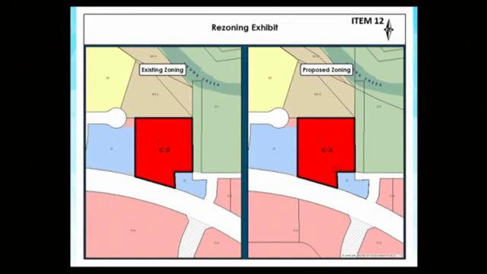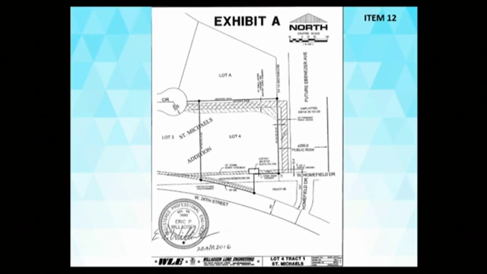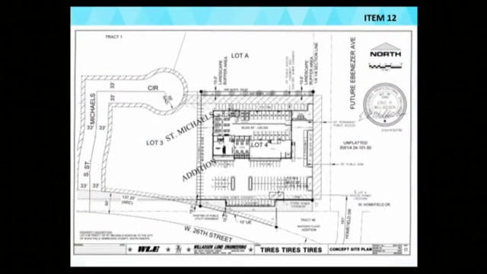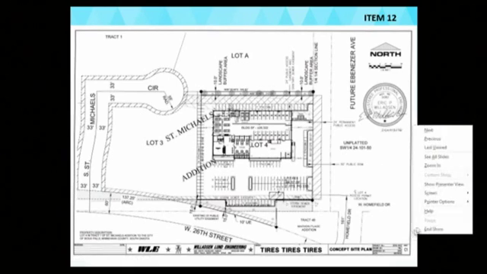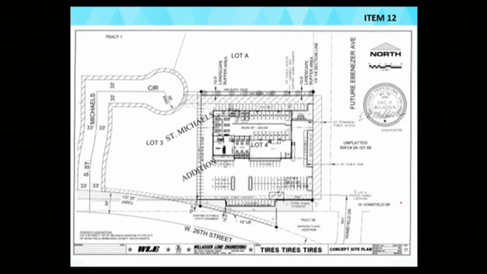A level B buffer yard is required along the north property line where it's adjacent to the apartments. The level B buffer yard includes a 15-foot setback, a 2-foot berm or 4-foot fence, and 30 units of landscaping per 100 lineal feet. As an option, the applicant can encroach into the buffer yard by 5 feet. That requires instead a 4-foot fence within the buffer yard and the same number of landscape units. The parcel is located within an existing commercial corridor and in close proximity to an interstate exit, I-29 and West 26th Street.